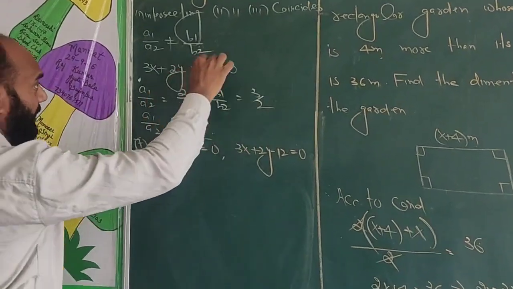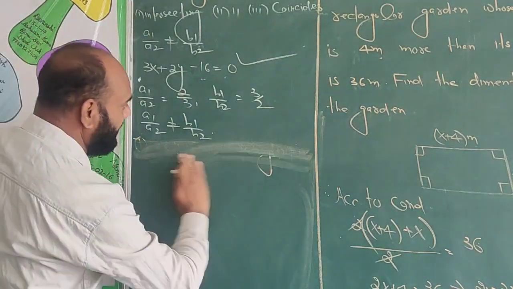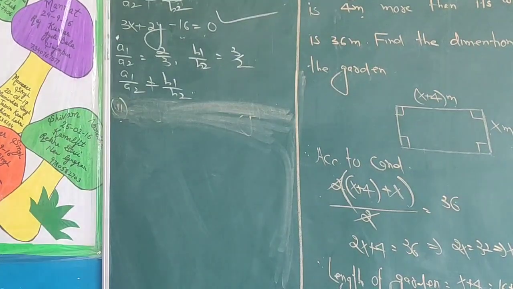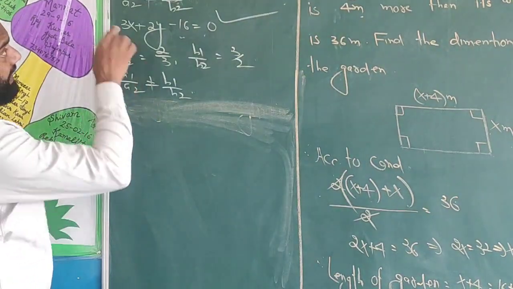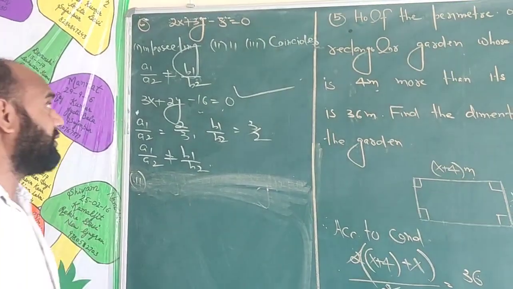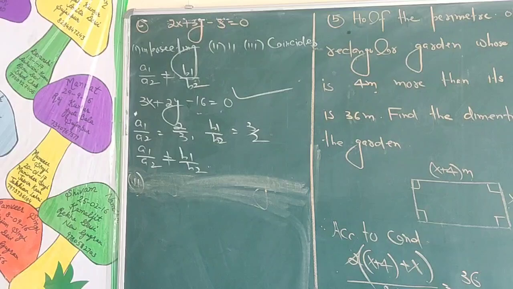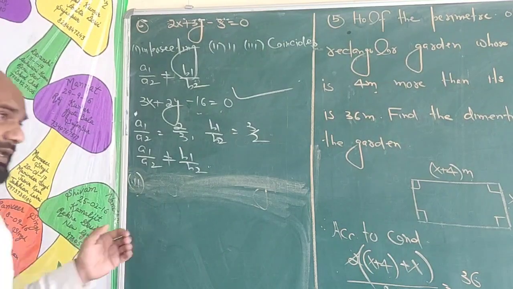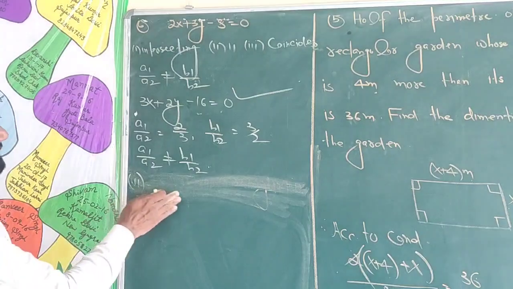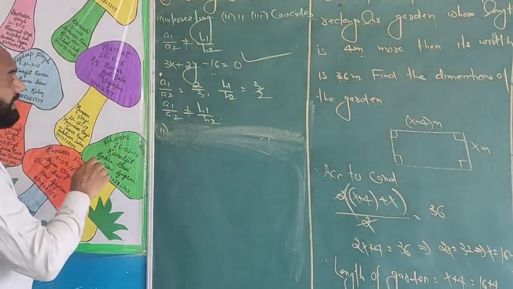So which is a required line that is intersecting this line. Now second part, write an equation which is parallel to this line. There are also infinite types of equations which are parallel to this line, because we know in the condition of parallel a1 upon a2 equal to b1 upon b2 is never equal to c1 upon c2.